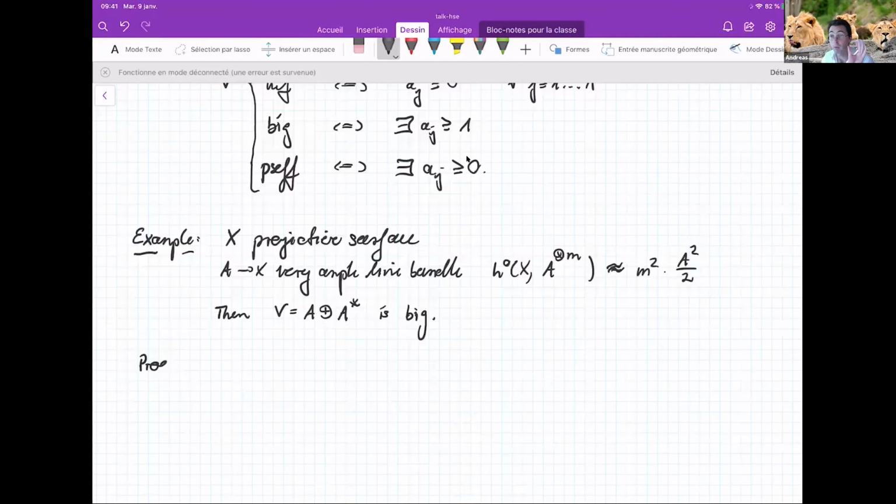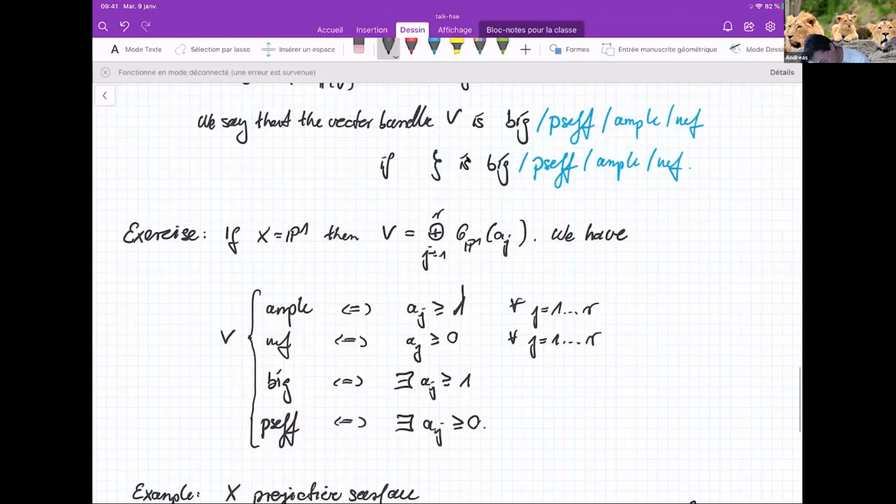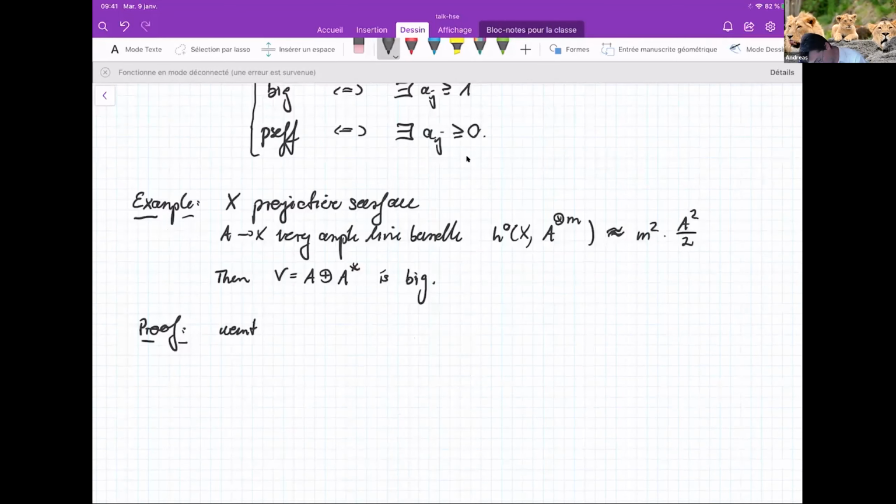Okay, so I want to show that the vector bundle is big. So my definition tells me what I have to check. I have to take the tautological class and compute its space of global sections. Okay, so that's the definition. So let's try to do it this way. So we want to compute the space of global sections of our tautological class, okay, for all powers l, so that we can see asymptotically how fast it